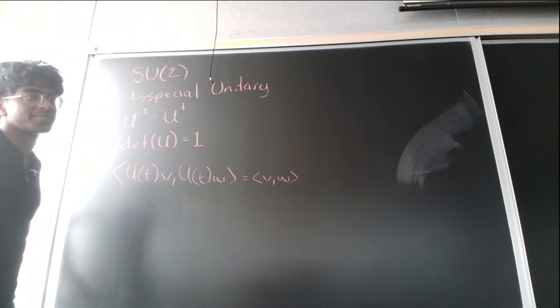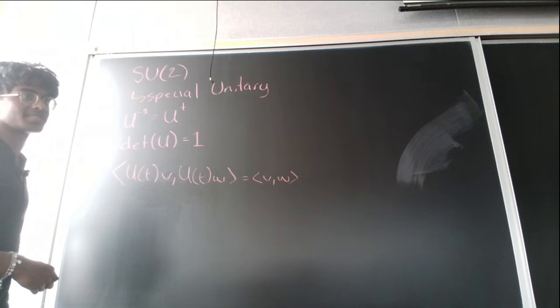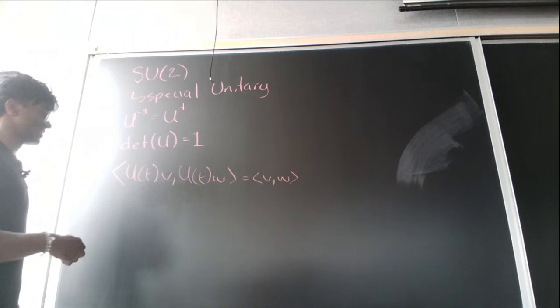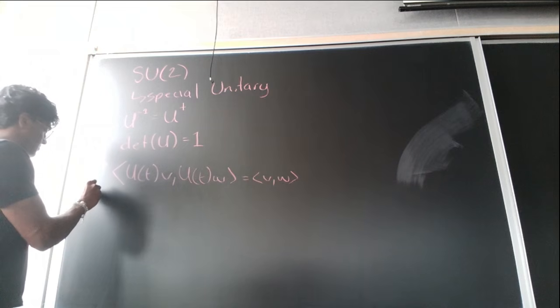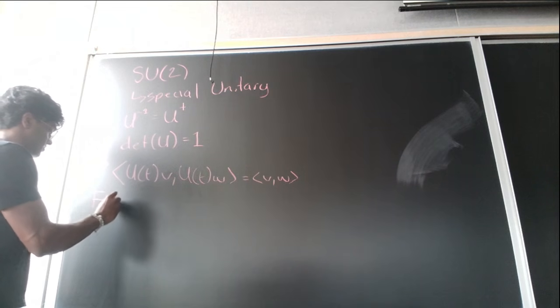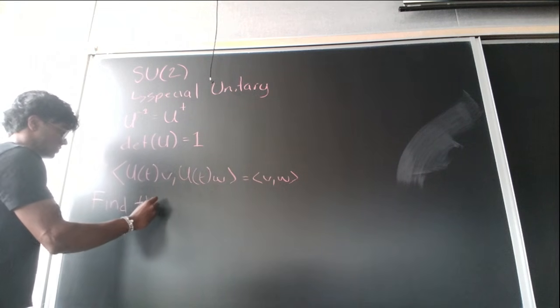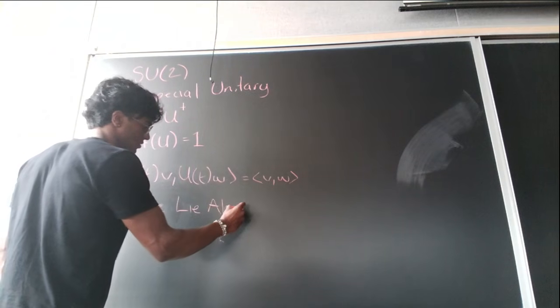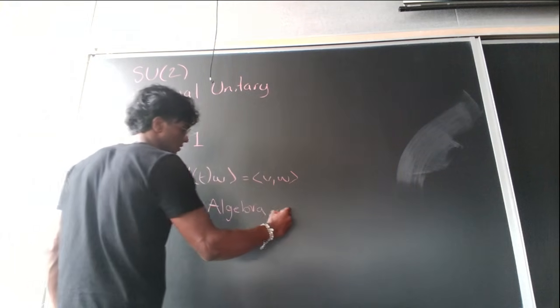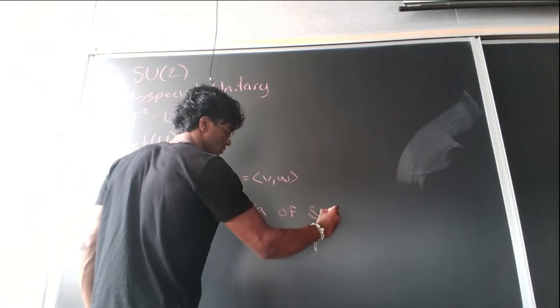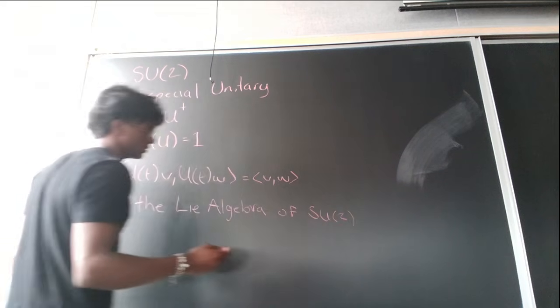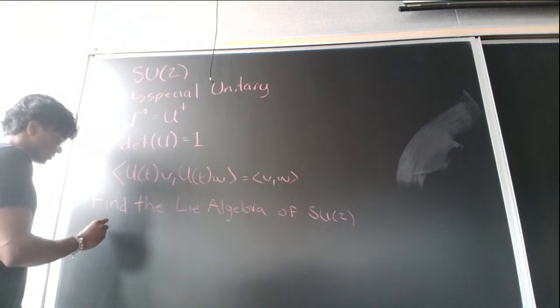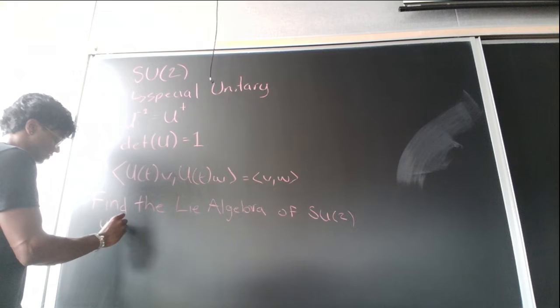So you should say to the audience or write somewhere: right now, we're going to figure out what the Lie algebra of SU2 is. Okay. We're gonna find the Lie algebra of SU2. Okay. So we have this condition, but then we also have the condition that u of 0 is going to equal